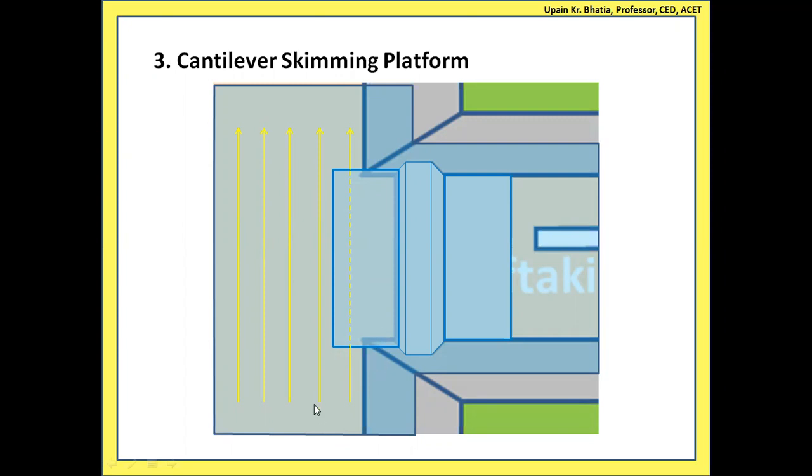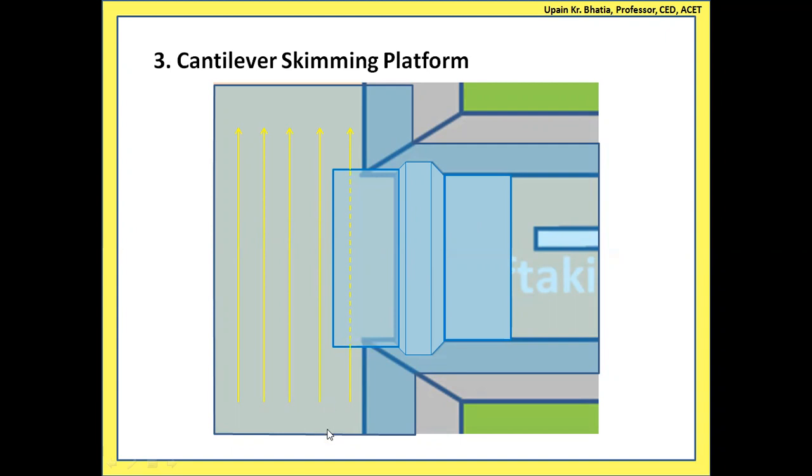Another thing is that when the water is diverted into this, generally what happens if you don't provide this slab, if only the crest wall is provided, that crest wall itself avoids the entry of the lower layers. The bottom layers will not be able to go to that side because of the crest wall, so they will find their way again to the parent channel only. But with the passage of time, some silt will be deposited over here and a ramp will be formed in this fashion. So deposition of silt will create a ramp over here.